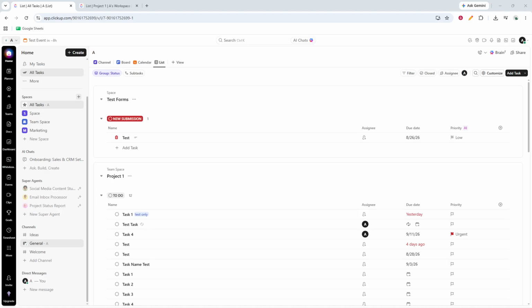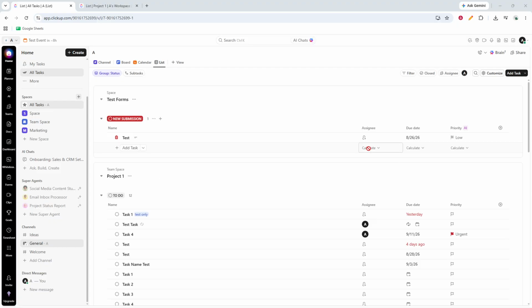In today's video, I'm going to teach you how to copy and paste a ClickUp space to another workspace. If you want to duplicate a space and move that structure into a different workspace, the easiest way to do it is by turning the space into a template and then using that template in a destination workspace. This is especially helpful if you want to keep the same setup, views, tasks, fields, and automations without rebuilding everything